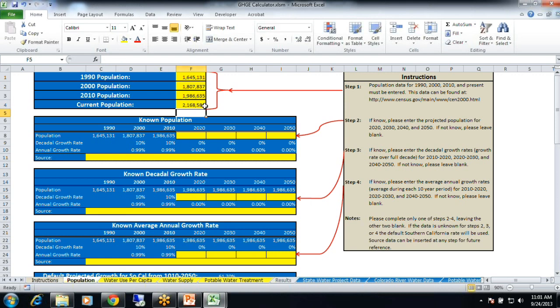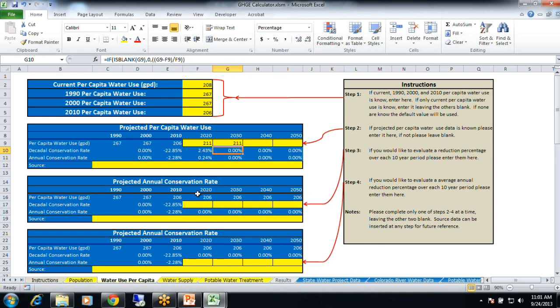So like I keep reminding you, this is the only data actually required to do the analysis. But we do have some additional site-specific data, so I'm going to go ahead and enter that as well. So population data has been entered, and then I'm going to go ahead and do the per capita water use,